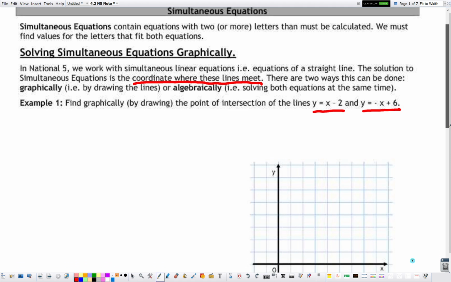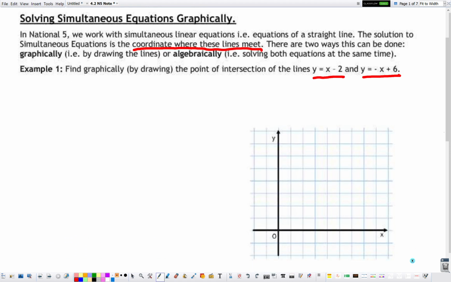Okay, so we're going to do example 1, which is the graphic method, which involves drawing the lines on a set of axes. So if you haven't already, can you draw a set of axes like this? If you don't have squared paper, it's okay, just estimate the numbers on each axis. Find graphically by drawing the point of intersection of the lines y equals x minus 2, y equals minus